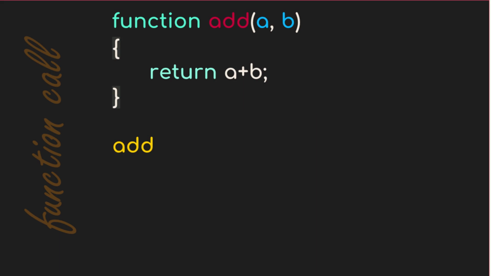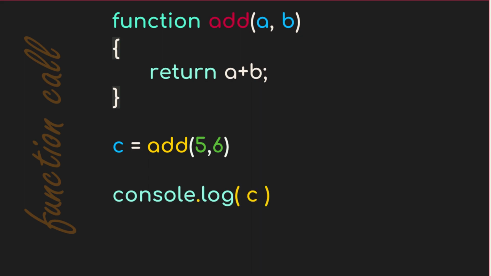So now that we have the function defined, let's see how to call the function. To call the function or to invoke the function, just type the name of the function, which is add. Then within the parentheses, you can pass values. For example, I have passed 5 and 6, as the function definition add accepts only 2 parameters. This is a simple example for the function call. However, since this function returns a value, we can assign this function to another variable named c as shown here. This will assign the return value of the add function to the variable c. Now the value of c can be displayed to the screen using the console.log function, or it also can be used elsewhere in the program.